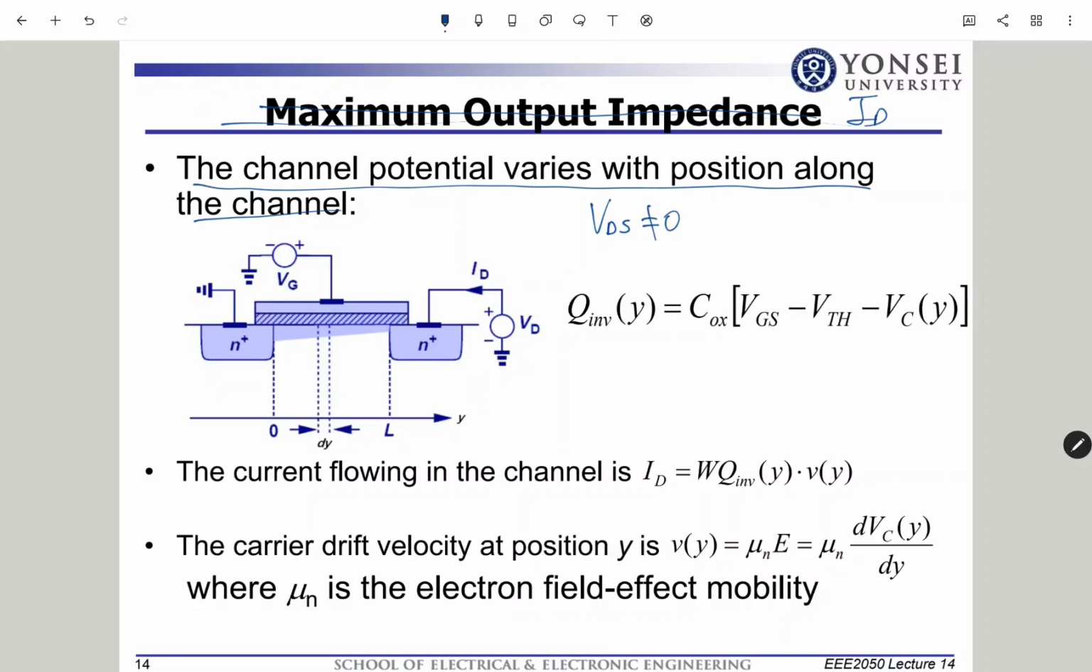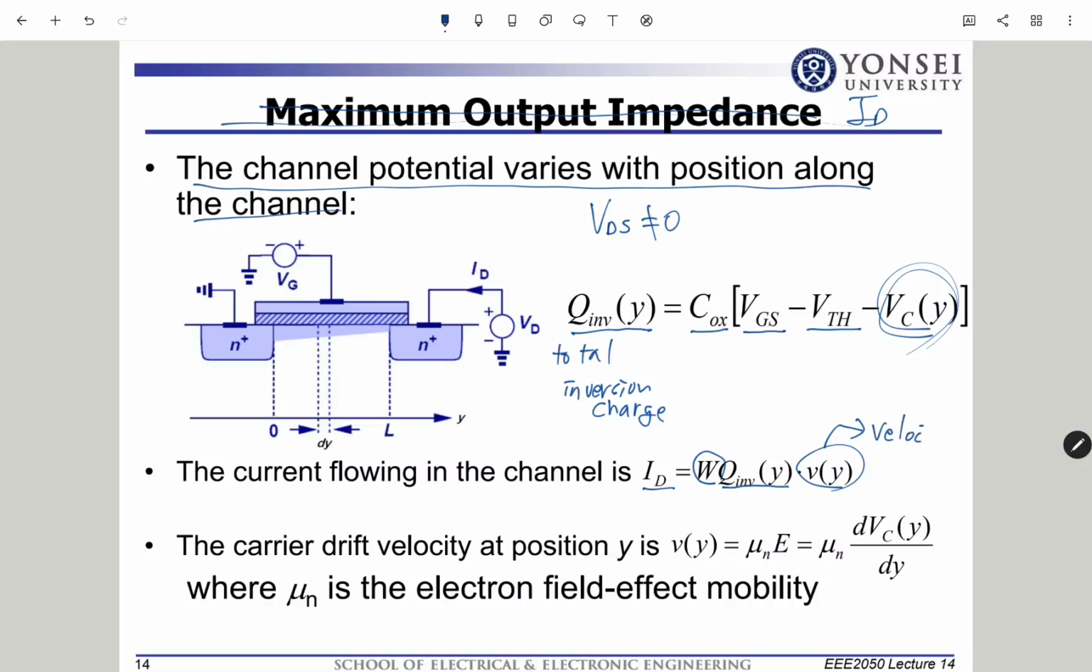Therefore, the Q inversion expression becomes Cox times VGS minus VTH, and we have to deduct the channel potential as well. Before, we never had any channel potential, because VDS is equal to 0. But here, VDS is non-zero, so we have one more term, which is V of Y, the channel potential. So this is the total inversion charge. And ID is equal to the width of the transistor times Q inversion of Y times